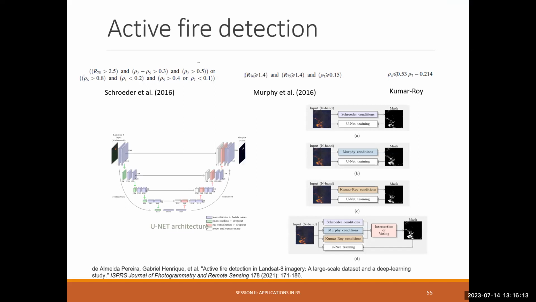In this scenario, because we didn't have a lot of data, what they said was, we're going to take 3 standard non-machine learning techniques for detecting fire, which use only the values of some bands, like the ratio between band 7 and 5 should be more than 2.5, and the difference between those two bands, and so on. So there are thresholds. User-defined, expert-defined thresholds. And when you apply these thresholds, you can take an active fire map, take the image, and you can take